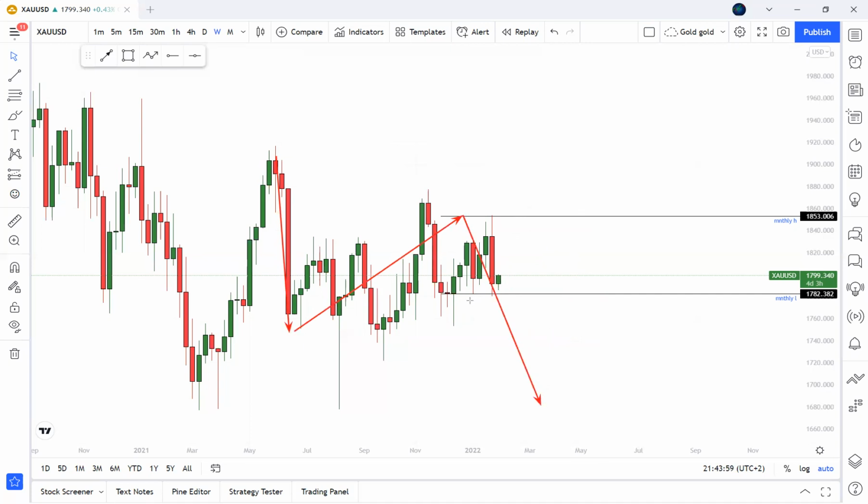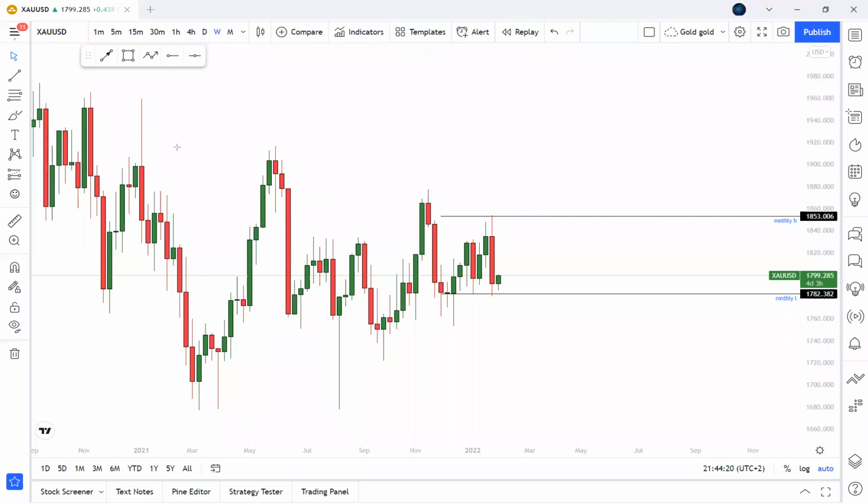Because if price wanted to go higher, we should have at least seen price going high around this area. We should have at least seen price creating a new high above this area, but price has rejected that. So that makes things very tricky. So what we have right now for this week, we could say,